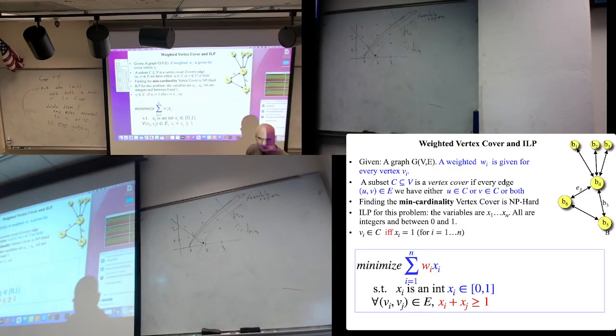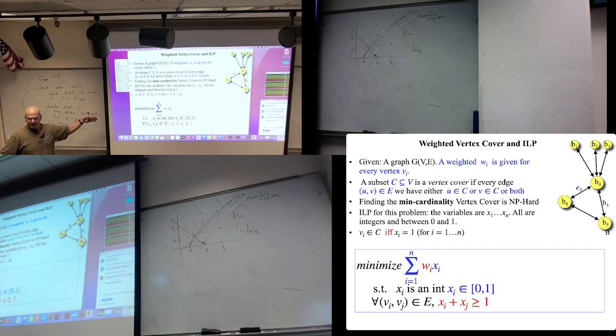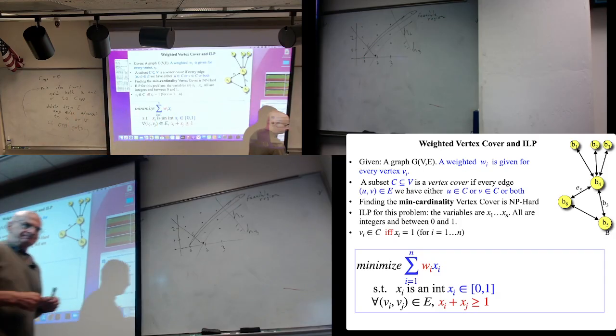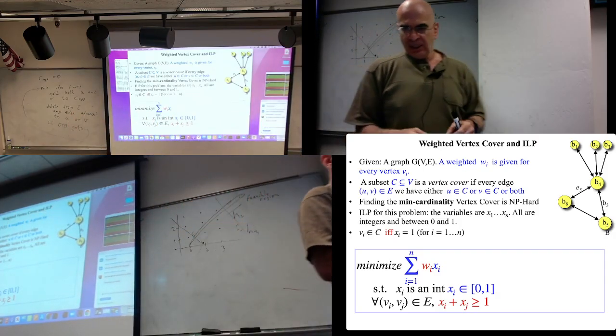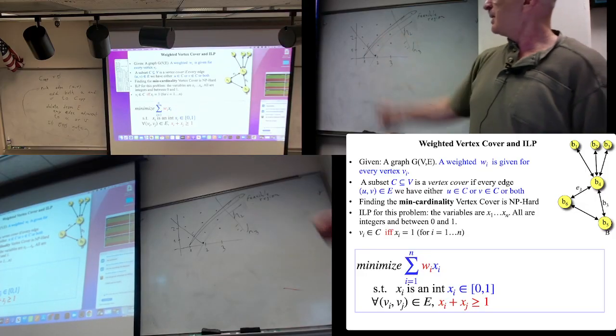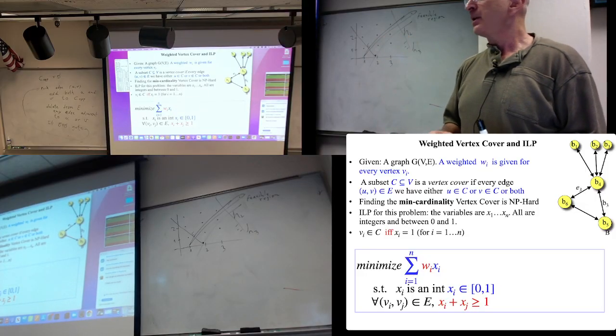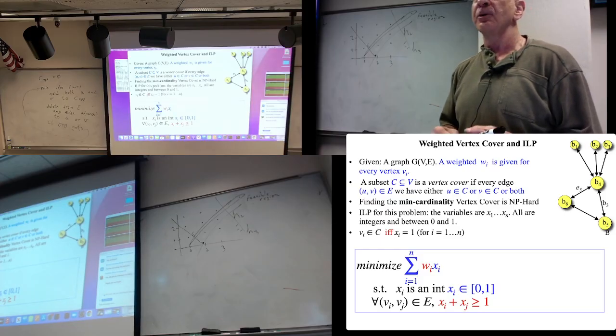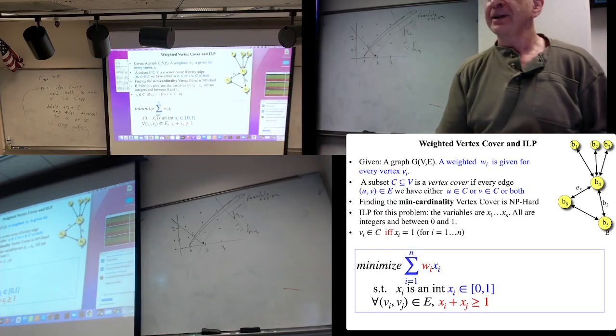I'll ask you in the homework to give a less hand-wavy proof about it. But LP and ILP are very different, and ILP might obviously be much slower. Surprise, surprise. And sometimes it doesn't give you a solution at all. So back to this problem, is there any hope to get a factor 2 approximation? So surprisingly, yes,